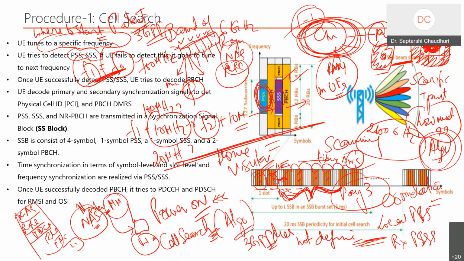This is where the cell search mechanism not only tells me how quickly I am able to get the user into the network, but also gives me feedback that the average cell search time may be 2 seconds. For 2 seconds the mobile is waiting, and if it is an emergency call or a low latency session, I cannot tolerate even this 2 seconds. So now the push-pull starts in the network. Is this optimized?